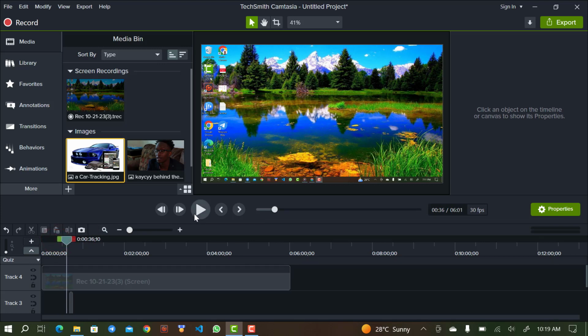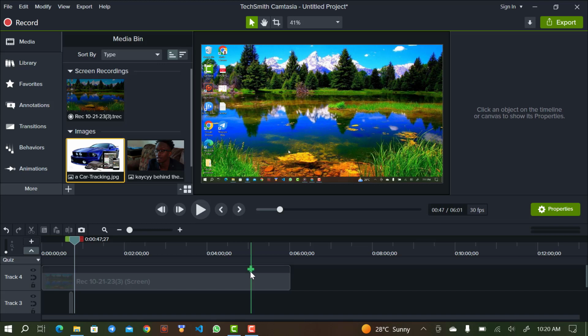Let me click on the play. Here, I'll click on Camtasia. As you can see, this playhead has already passed that very picture, but yet we can't view it. Why? Because our screen here, the track 4, has more priority than the track 3, which is the JPEG car